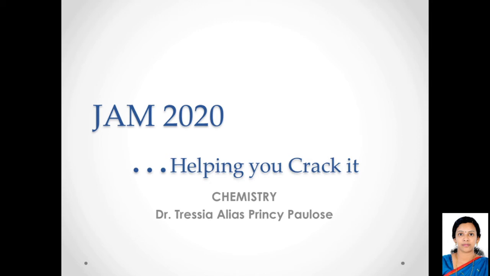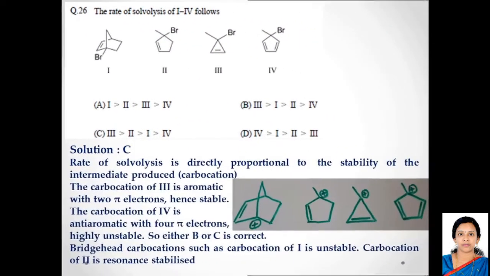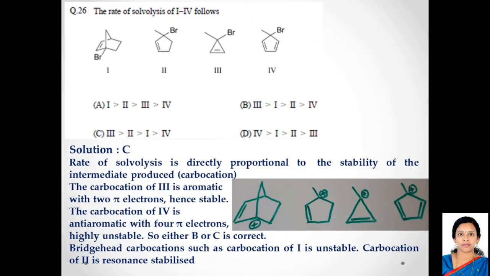Hello everybody. Today we will be looking at question number 26 to question number 30 of the JAM 2020 chemistry question paper. Moving to question number 26, the rate of solvolysis of compounds 1 to 4 follows. So there are four compounds given, four cyclic compounds, and we have been asked to arrange these four